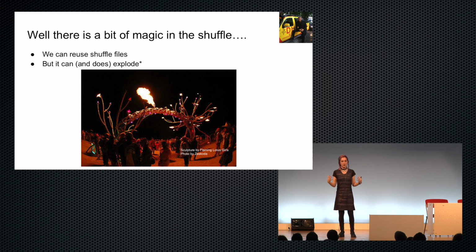When we shuffle our data, Spark creates these temporary shuffle files. Now, when you hear temporary files, you don't normally think awesome performance. You normally think really bad performance. And in general, that's probably true. But the shuffle files tend to just stay in the OS page cache because they're not all that big. But we can actually reuse the shuffle files.